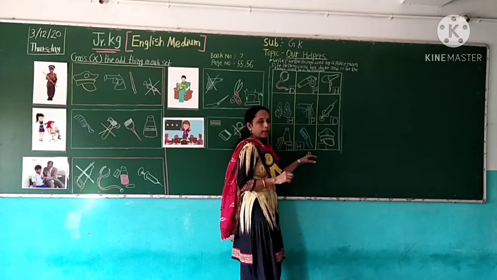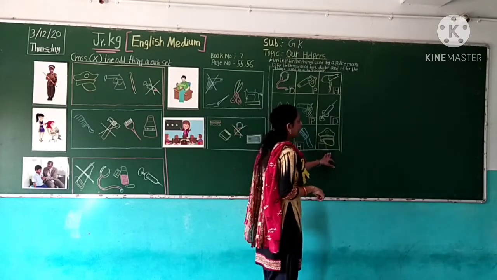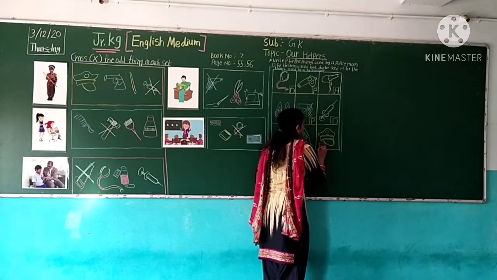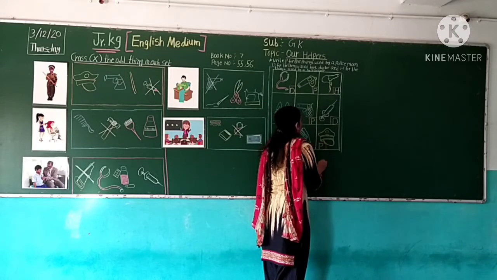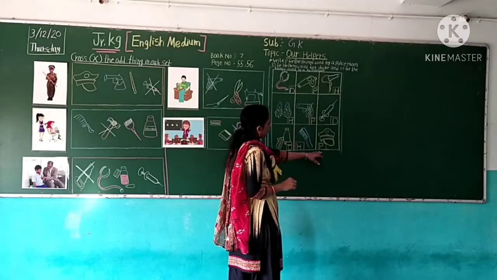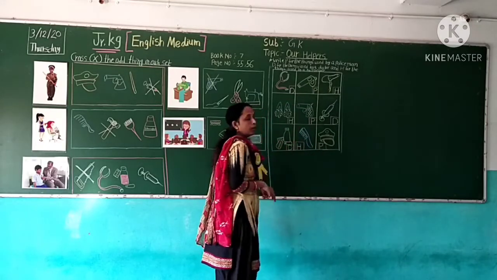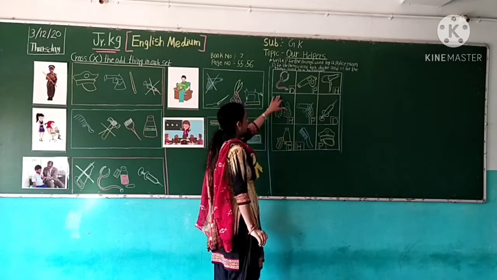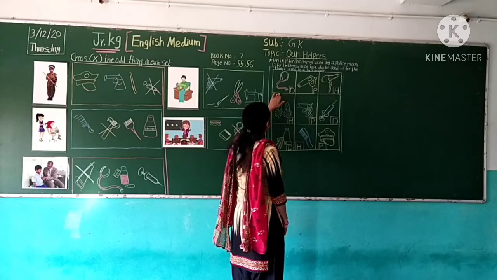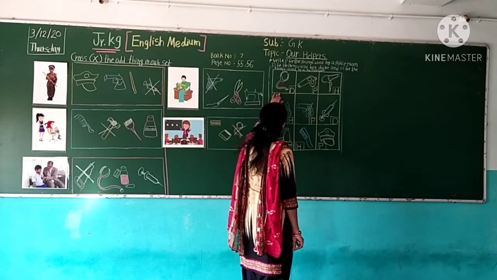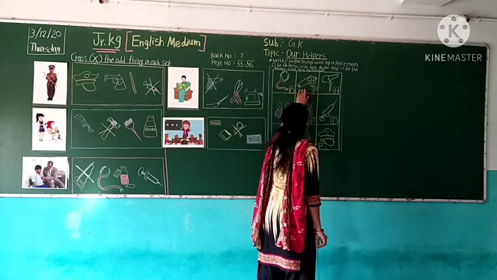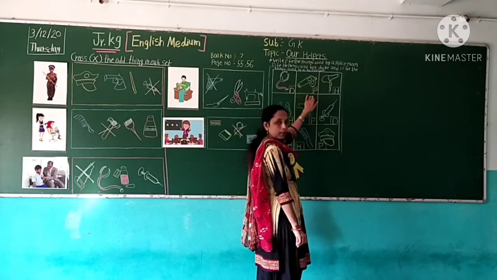H for hairdresser. And what is this? Cap. Police cap. So here we write letter P. P for policeman. So here we write letter P, used by a policeman. Repeat again one more time. Okay. Which picture is this? Stethoscope. Which picture is this? Stethoscope. So the stethoscope is used by a doctor. Which picture is this? Whistle. The whistle is used by a policeman.